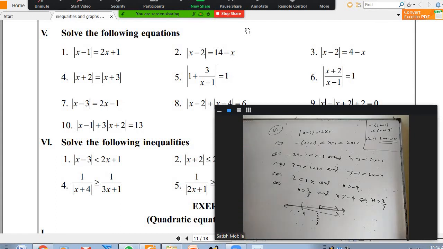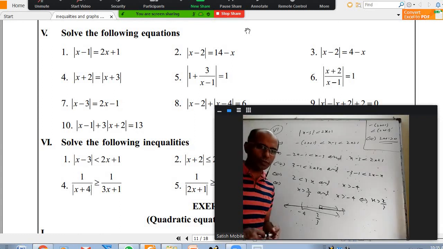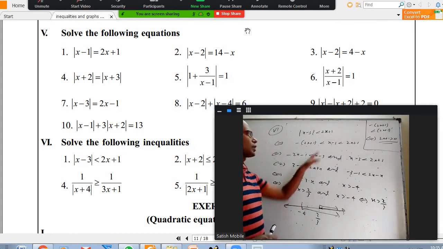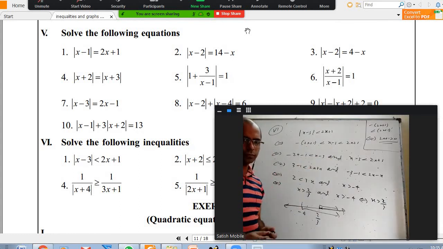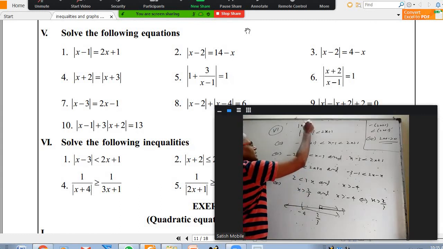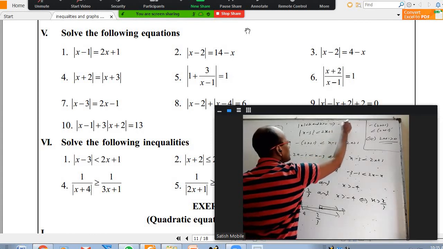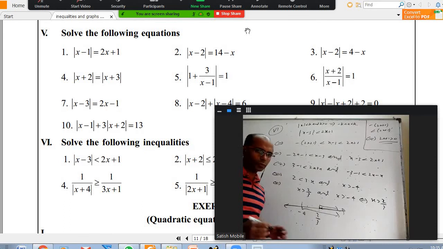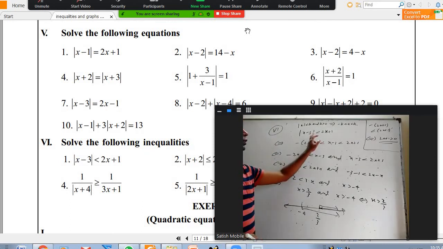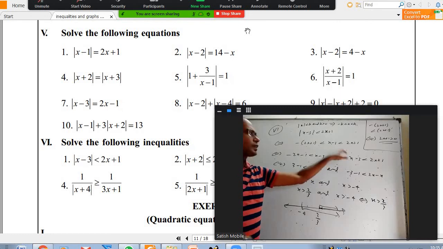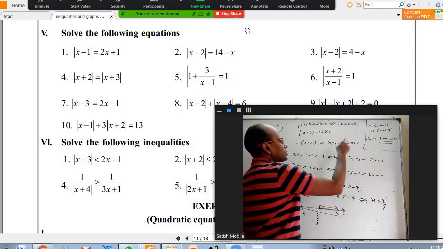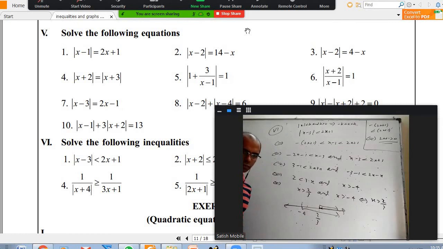Sir, first you prove that 2x plus 1 is positive. I did not prove it. I said 2x plus 1 should be positive is an important point. It should be taken care of, but it's already taken care of when you take this less than this. Normally, mod x less than k and k greater than 0 implies minus k less than x less than k. So unless you know it is positive, you cannot write like this, but that is built in. When you take this less than this, automatically this should be positive. That's what I'm writing. Is it okay now? Yes, sir.